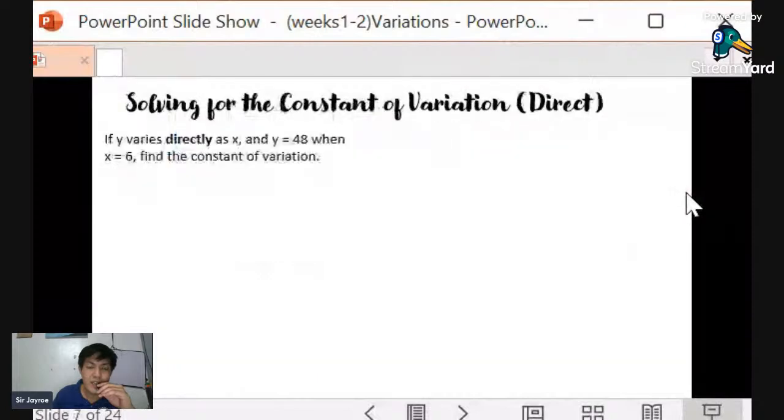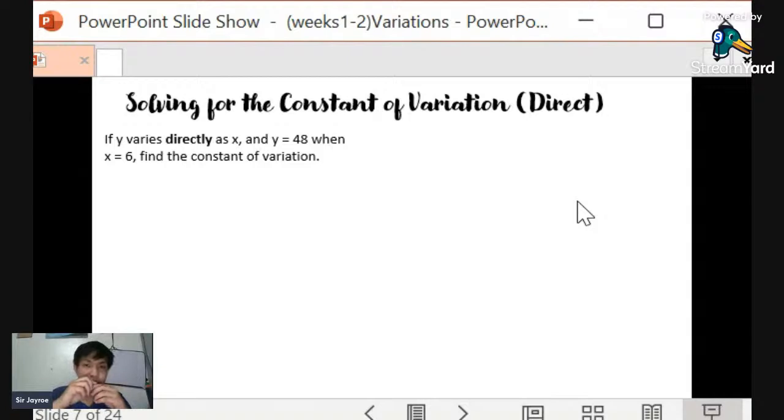So next one. Yan, solving na tayo. Dito na tayo sa mga numbers. Kasi of course, math is mostly about numbers. So solving for the constant of variation. Kanina sinolve natin yung constant ng variation using table of values. Tama? But now, what if the given is a statement? Katulad nito, it's like a word problem. So how are we going to solve